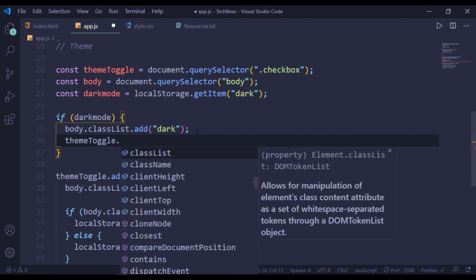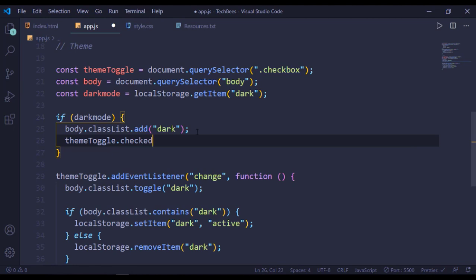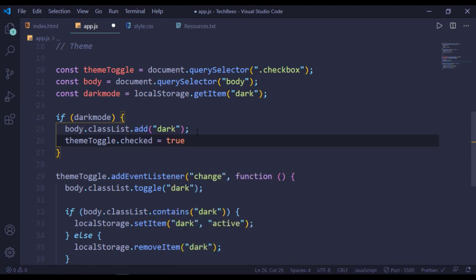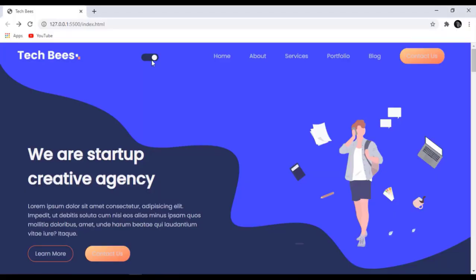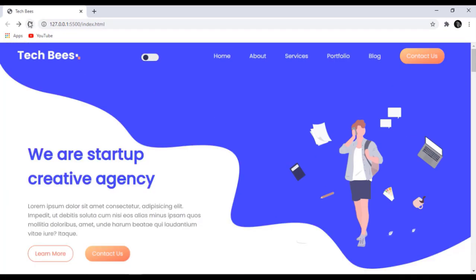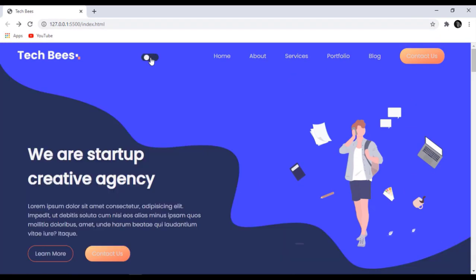Theme toggle dot checked equal to true. Now you can see the ball is in its position in dark and light themes, and when we switch to light theme, refresh, still in the same position, and in dark theme, refresh,